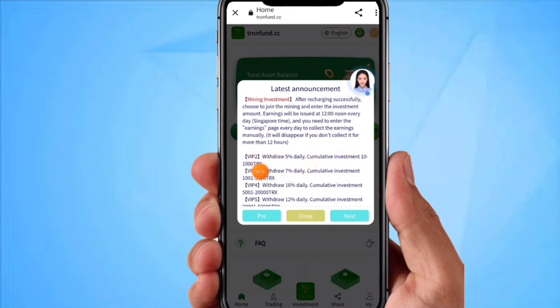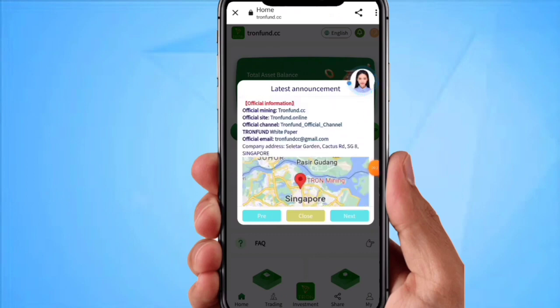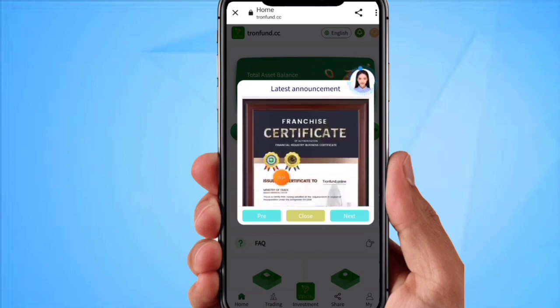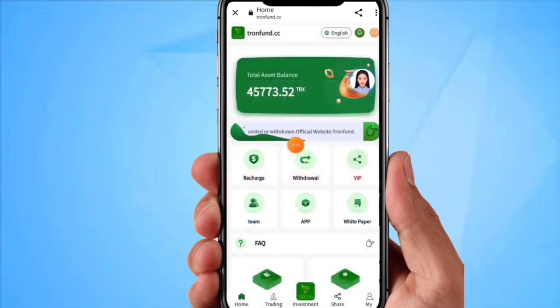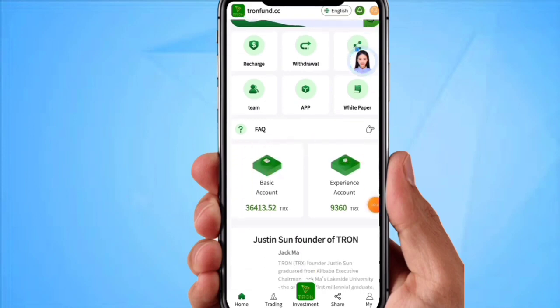And here you can see the deposit, withdrawal, share plan, team, AF information, and basic investment. Here you can see the wallet account and basic investment: BTC, Ethereum, BNB, Dogecoin, TRX, USDT, and Justin Sun, founder of Tron. And here you can see the help center of this platform: how to register an account, how to download the app and switch language, deposits and withdrawals, and about investment, revenue, time, and forgot your password. You can read all the details here.